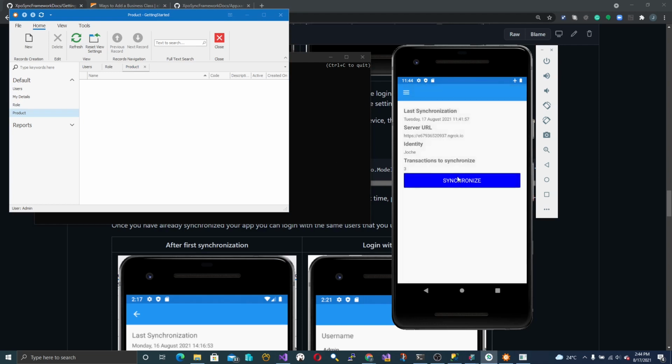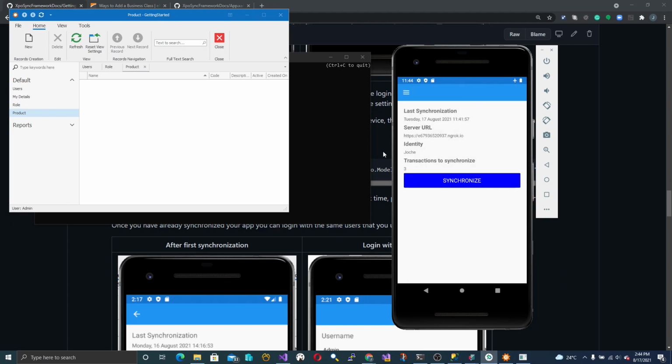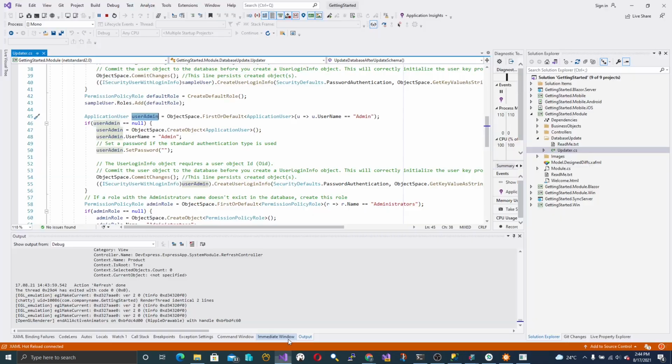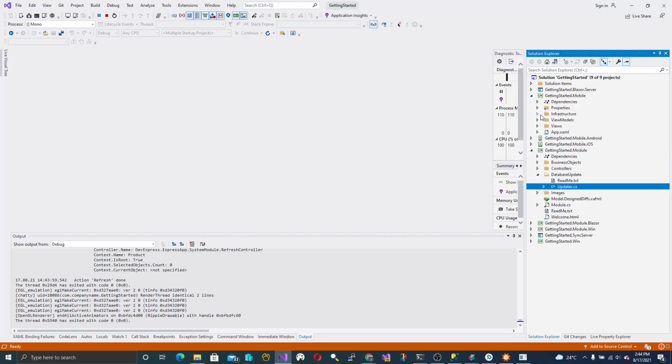If we go to home, there are 3 transactions to synchronize. So let's try to do that, and we'll get an exception. Why? Because the device is offline. Let me show you where the exception is happening. So if we go to the mobile application, to the home view model,